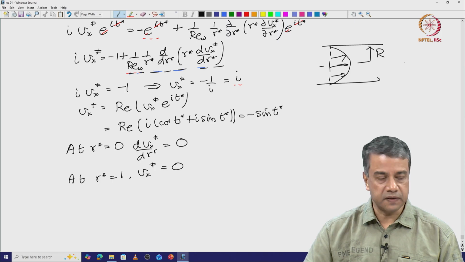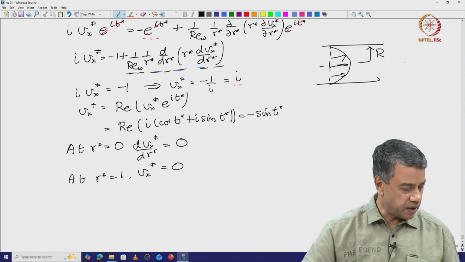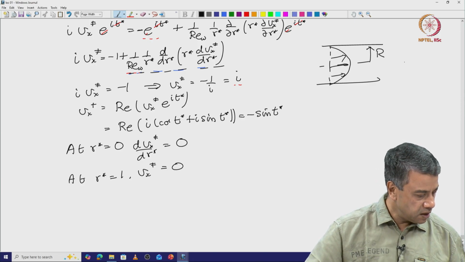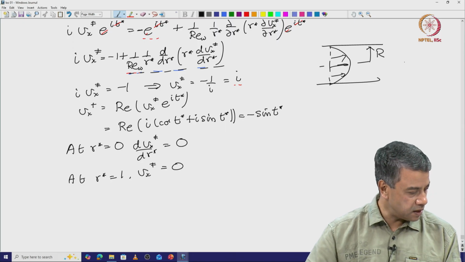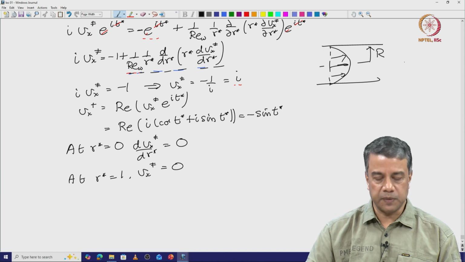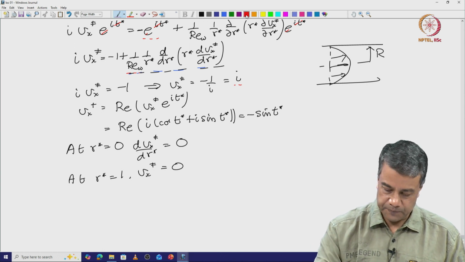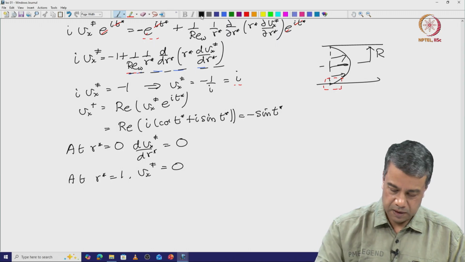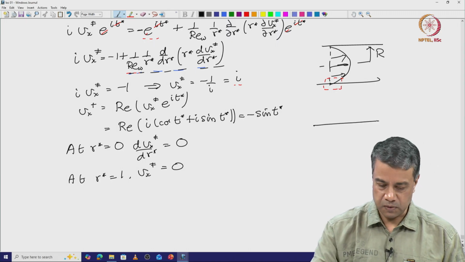What is the thickness of that region over which momentum diffuses? The thickness of that region will be determined from the condition that momentum convection, or rather the acceleration, and diffusion are comparable within that thin region. So, if I look at a thin region close to the wall,